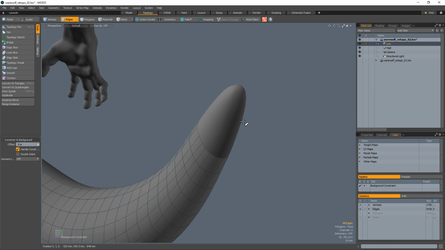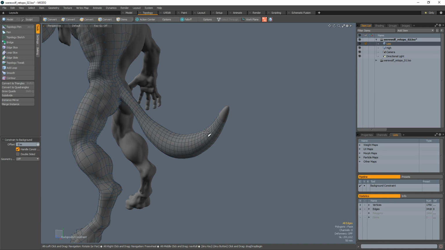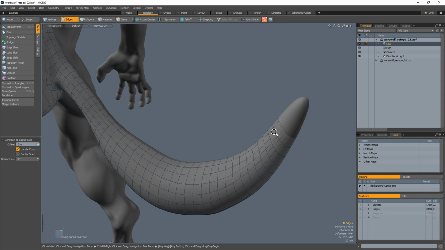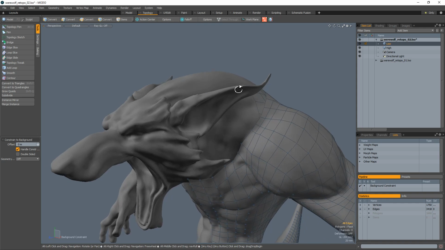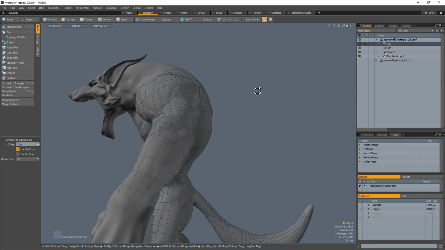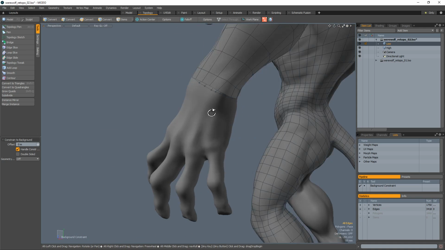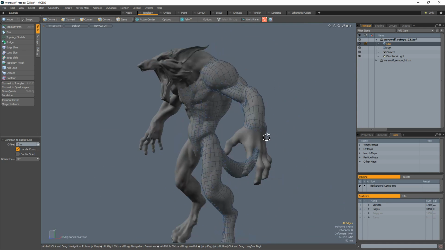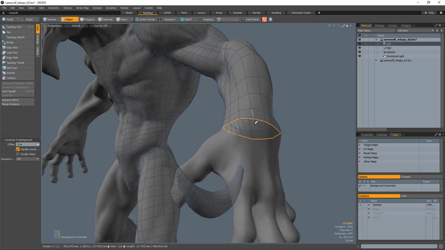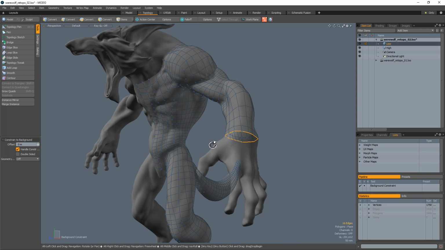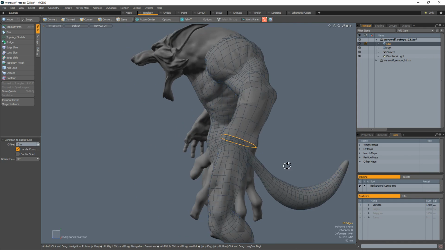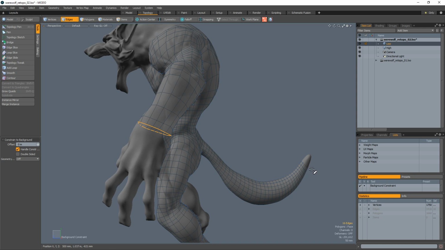Now, capping cylinders is something that you're going to run into a lot in cases where you're doing things like tails, but also things like fingers, teeth, claws, even pointy ears like this guy has. If one hand had been removed and you needed to cap off the cylinder of his arm, you would need to have the right topology to do it so that it doesn't shade badly and so that you can perhaps attach other things to it. And especially if you want to sculpt it and make it nice and smooth. So let's cap off his tail